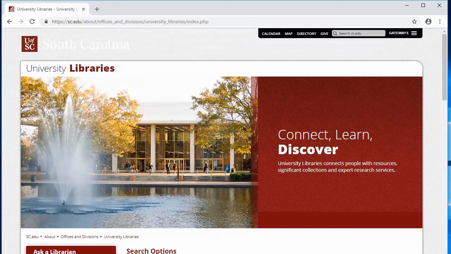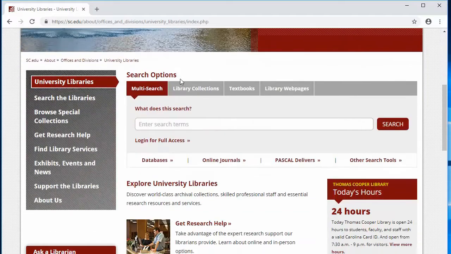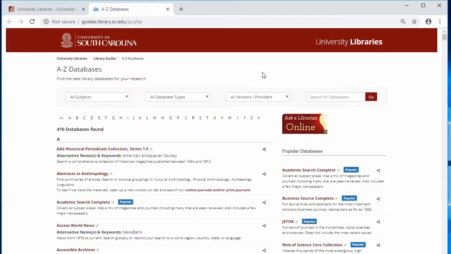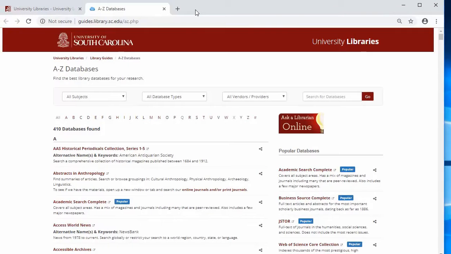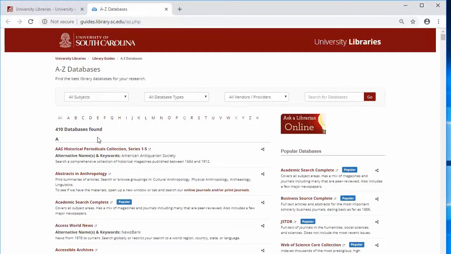Starting at the library's homepage, library.sc.edu or sc.edu/libraries, or even just Googling Thomas Cooper Library will get you here. And from here, we're just focused on the search options area for now. Specifically, we're going to skip all this and go straight to databases. This is where you'll get access to actual article databases, so journal articles, newspaper articles, all kinds of different stuff. And we do kind of throw you into the wolves and give you a whole list of all 410 databases,